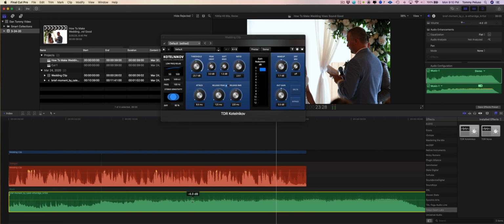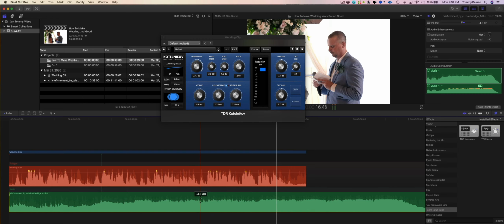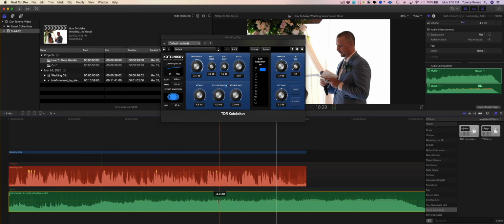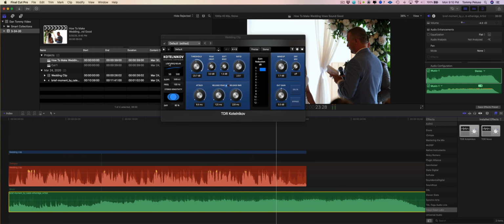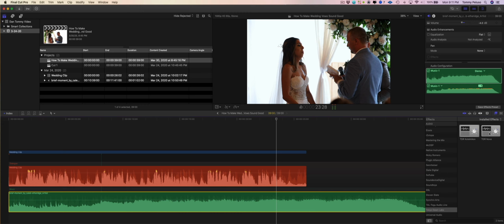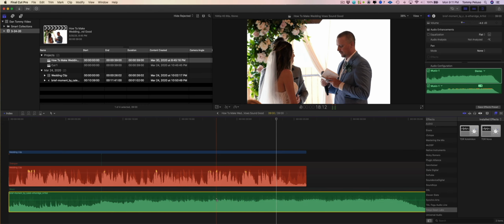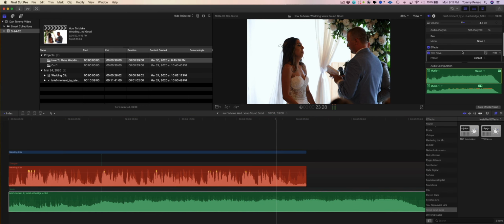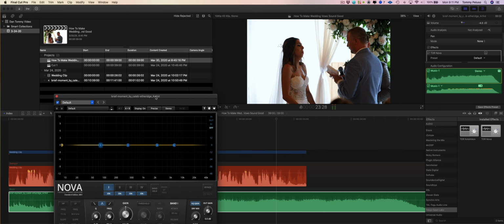We can hear what he's saying, even though the music is still overpowering what he's saying. Now, what I want to do is I want this music to have the same impact, but not take over the show. The music, it's not the main attraction here. What he's saying is the main attraction. So the way I'm going to do that is I'm going to use an EQ on this music track. So with my TDR Nova, I'm going to grab it, drag it on, go to the music section, go to effects, click this little icon,